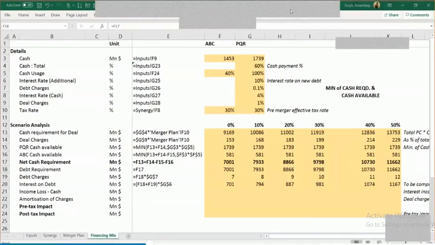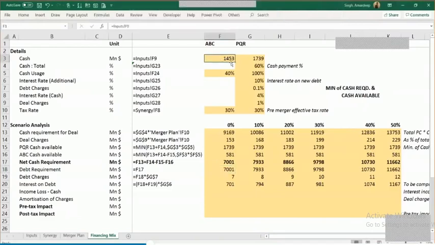So that gives you the interest expense. Now, let's see when ABC and PQR, yeah, I'm coming to that, Abhijit. So when ABC and PQR would have created their projections, at that point in time, ABC would have said that I've got a cash of $1.45 billion, and this is such a huge amount which it has kept in the bank account. So it is generating 4% interest income on it. Similarly, PQR has put in $1.7 billion in the bank account, and PQR is also generating 4% income on it.